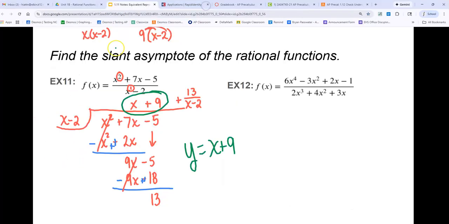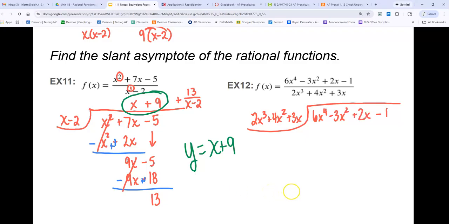Let's try to get through the second one because it looks really scary, but it's really not too much worse here. And we're going to have 2x to the third plus 4x squared plus 3x on the outside. We'll have 6x to the fourth minus 3x squared plus 2x minus 1. And so you're just looking at those first numbers. What times 2x to the third would give me 6x to the fourth? So what times 2 would give you 6? 3, and then we need an x with it, right? So that 3x, I'm going to write it right here,